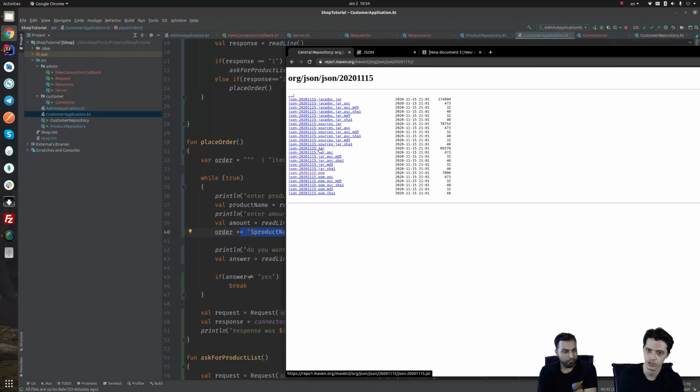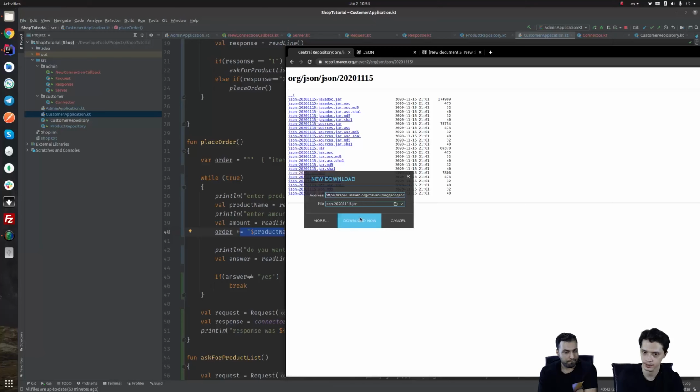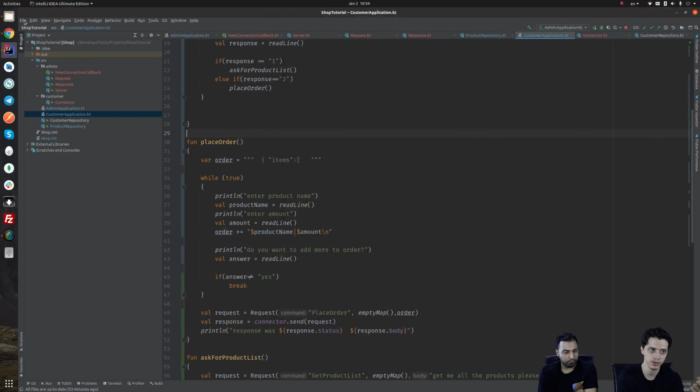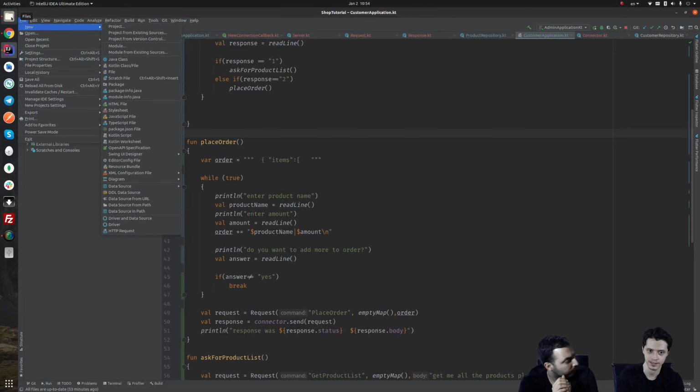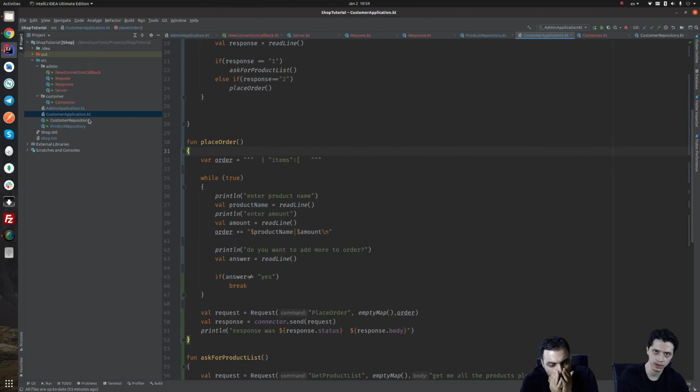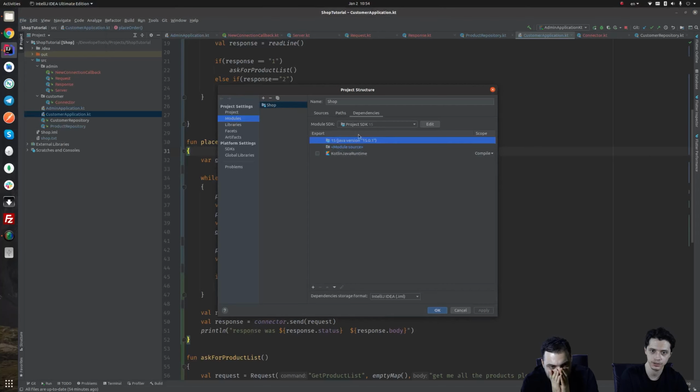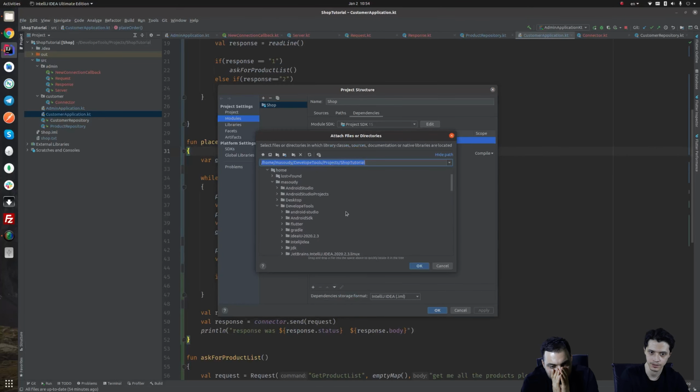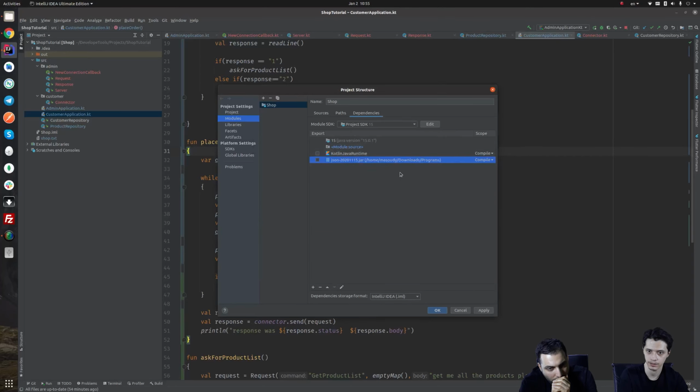This is the one that we are looking for, this jar file, which is around 7 megabytes. And you have to download it. I've downloaded it before. After you download that, each jar file is actually simply a bunch of classes, written before, and we can use them like we have written them ourselves. So I add the library here inside the modules. In the dependencies, I add it as a jar, and it is, I believe, in the downloads and programs. This is the one, JSON 2020 1511. So I added it here,